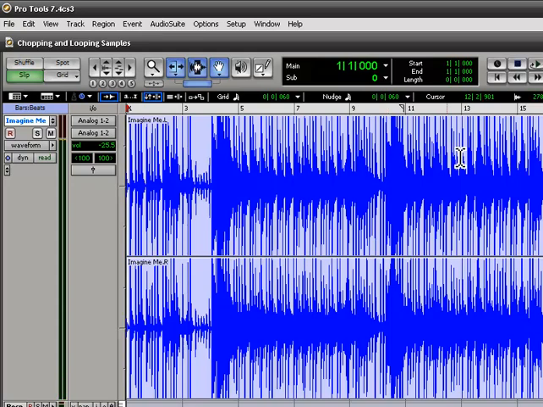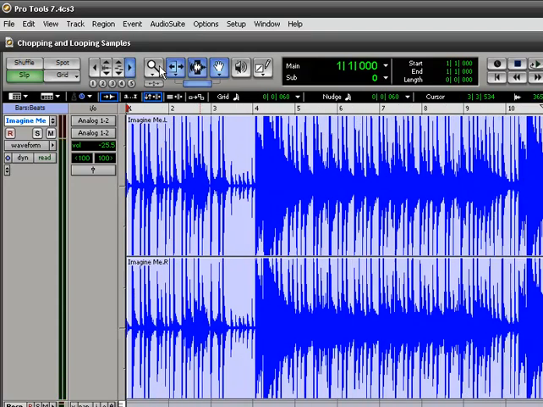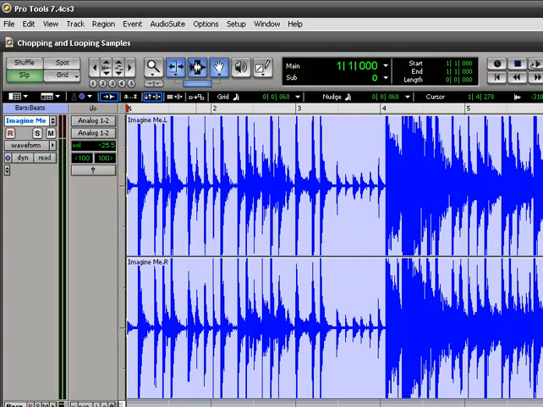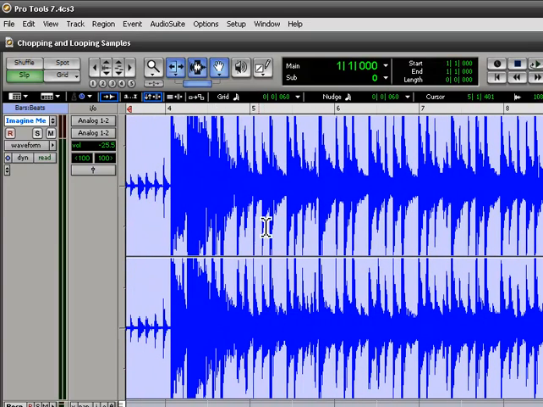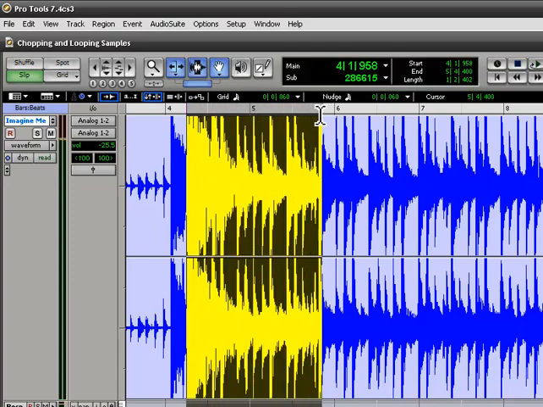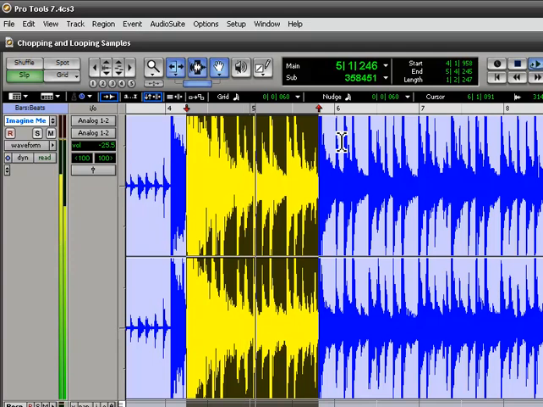So let me stretch this file out so we can see it a little bit better. And this could tend to be a little bit tedious sometimes, but that's just part of it. So let me go ahead and play this again. I'm going to start it from here. Okay, so we're going to start from right there. Probably right about there is where we're going to stop. See what happens.